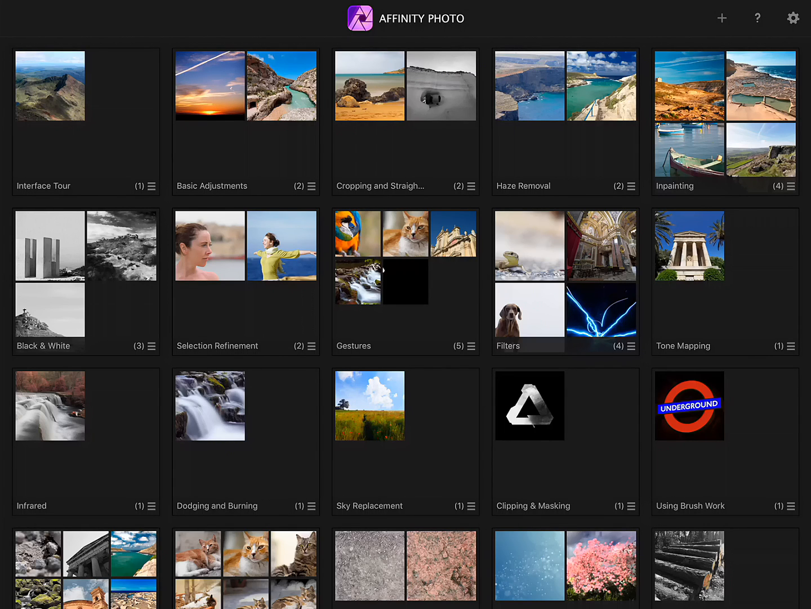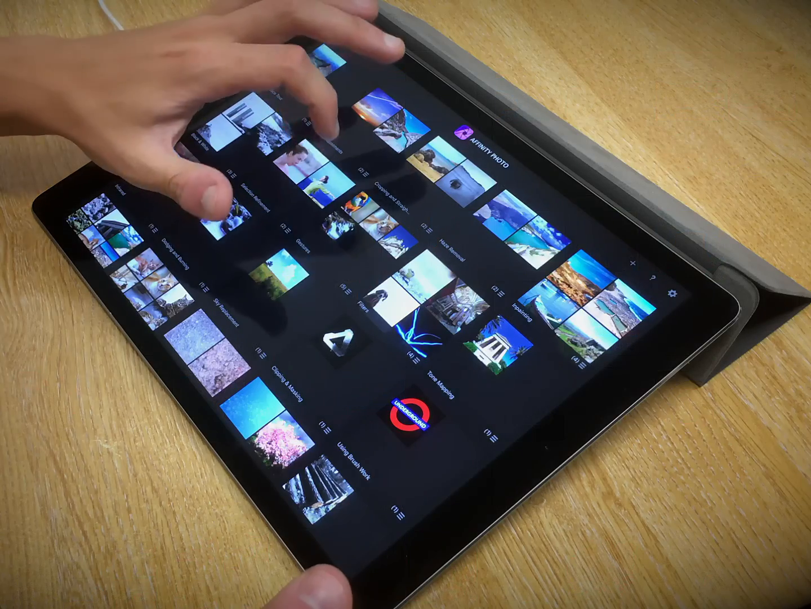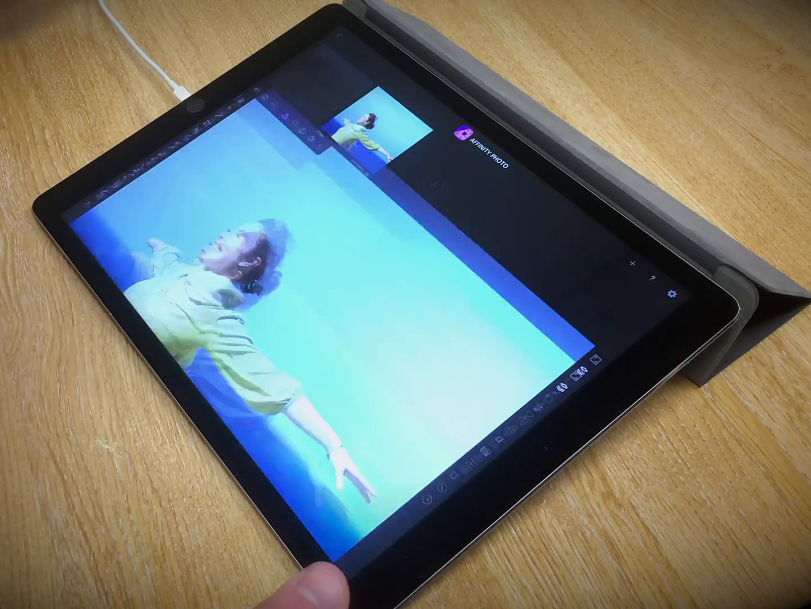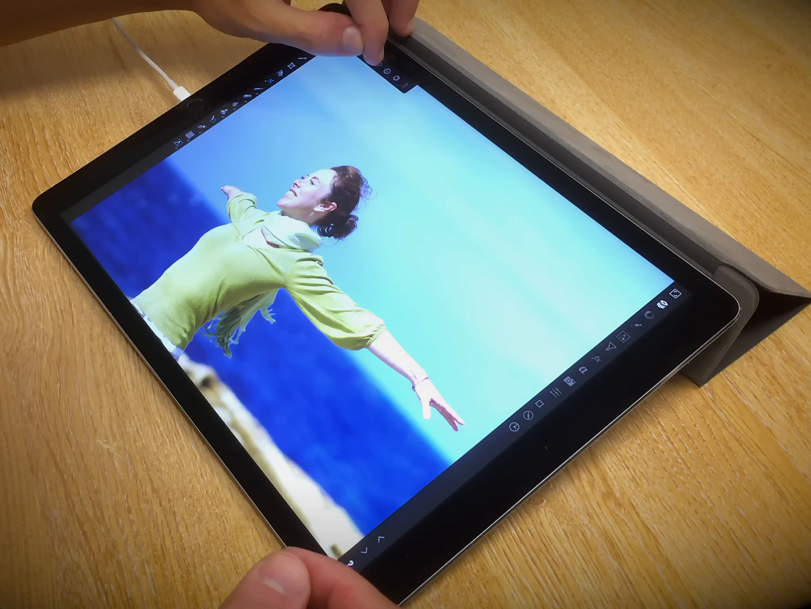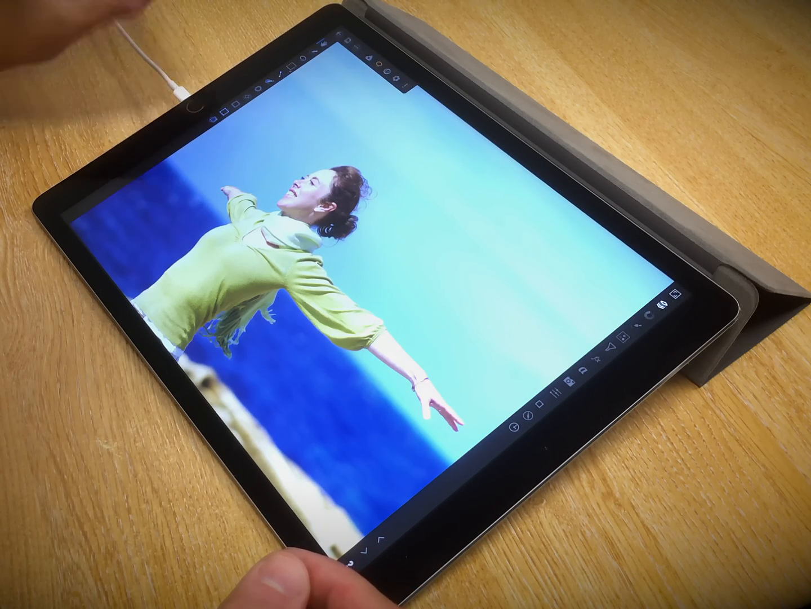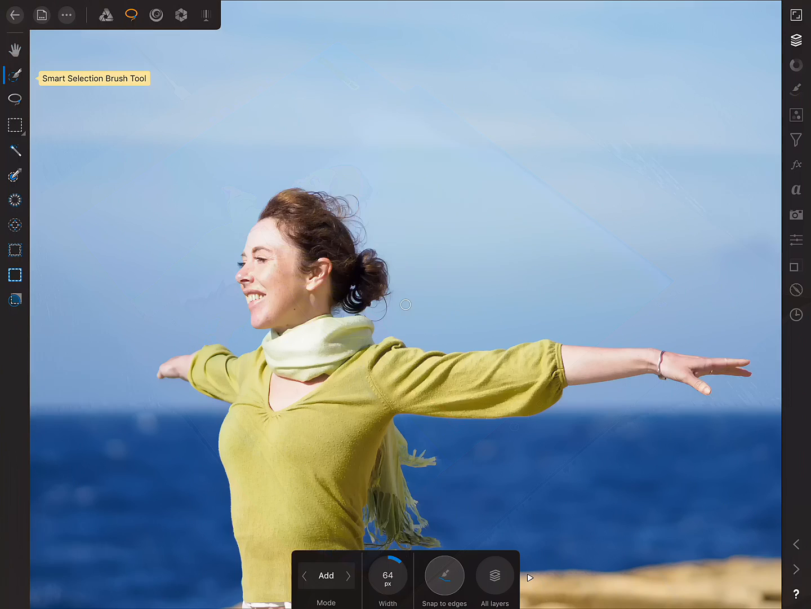Okay, we're going to look at using Photo's selection tools to create and refine a selection. So if I just open up an image here, first of all, in order to get access to the selection tools, we need to move personas. So we're in the photo persona at the moment. We want to move across to the selections persona, and that then means we can pick up the smart selection